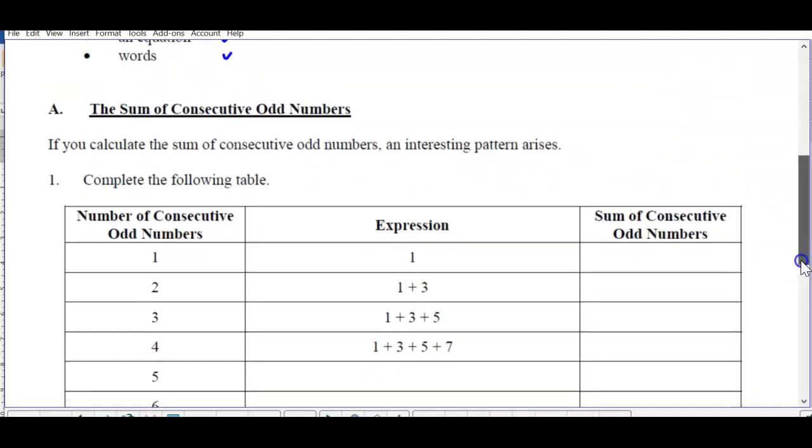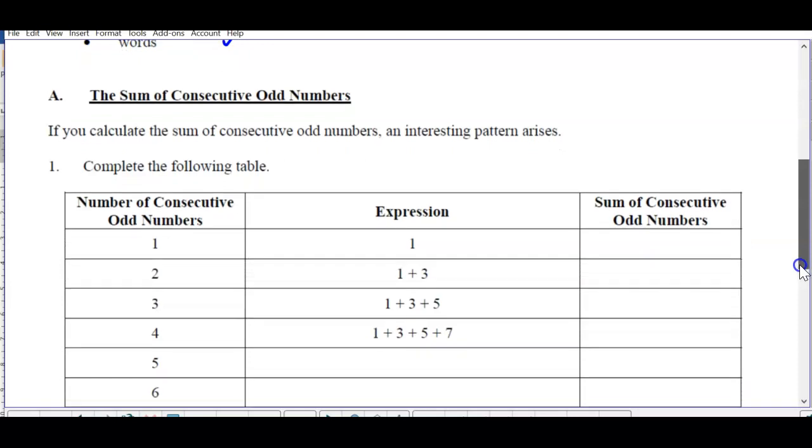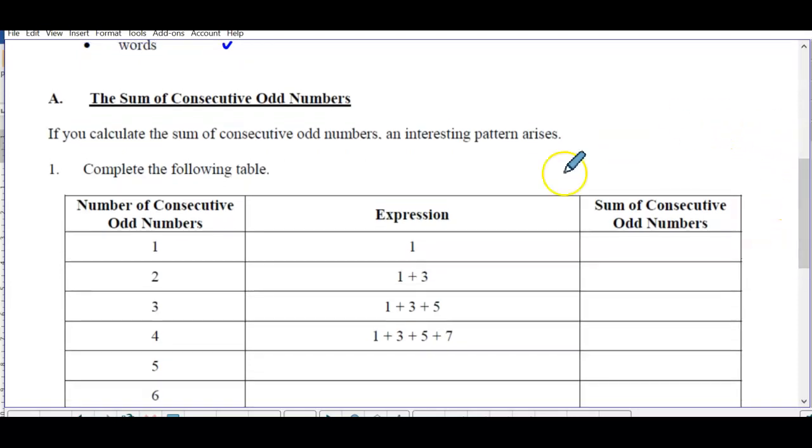Here's another example, the sum of consecutive odd numbers. If you calculate the sum of consecutive odd numbers, an interesting pattern arises. First thing, you need to remember what consecutive means. That means in order. So if we're talking about consecutive integers,